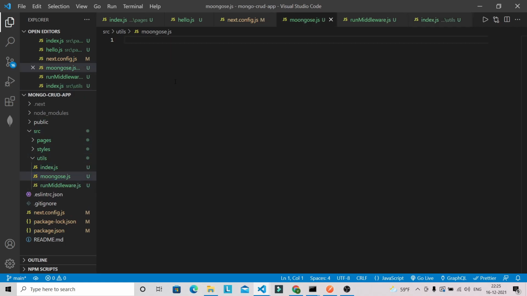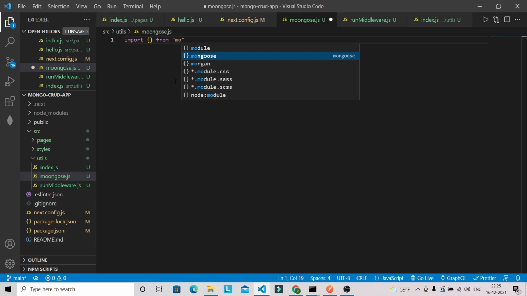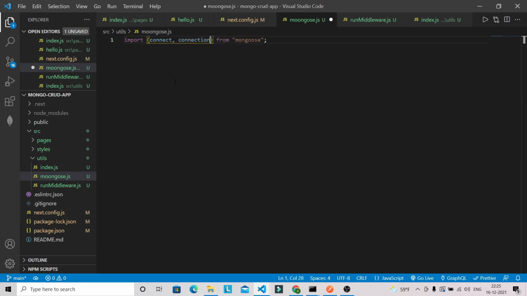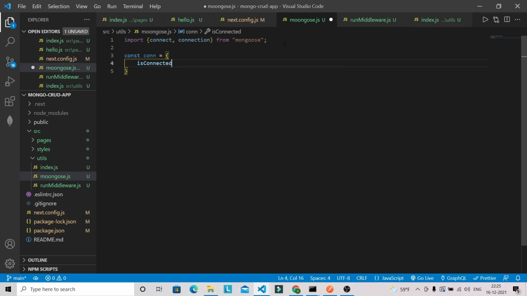Inside this file we are going to establish a connection with MongoDB. Basically, here we will create the connection to connect with the Mongo database. So from mongoose we need connect and connection. Okay, and here we can have one object, const con with isConnected, initially false.